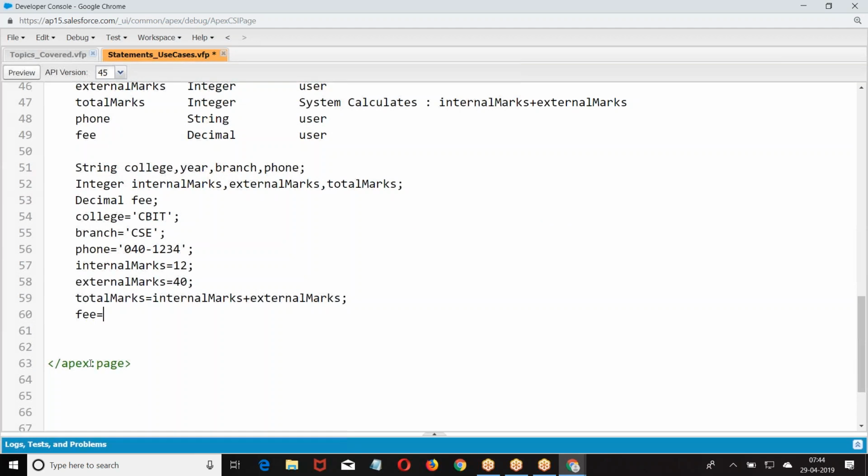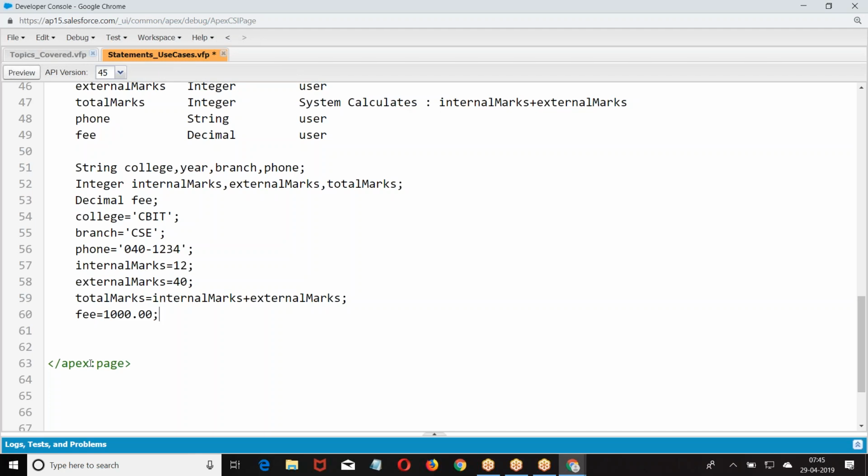Then we have C. Here my data types are also going to be classes internally. Every data type we are using here is internally a class. Generally, in other programming languages, we write a small i, f, d, but here internally they are classes. The Salesforce data types we are taking are internally classes.